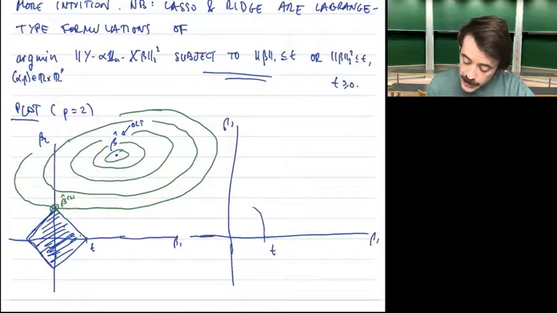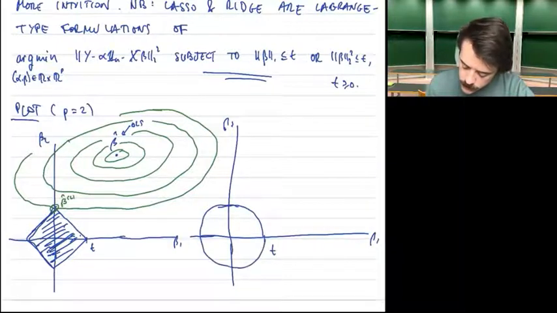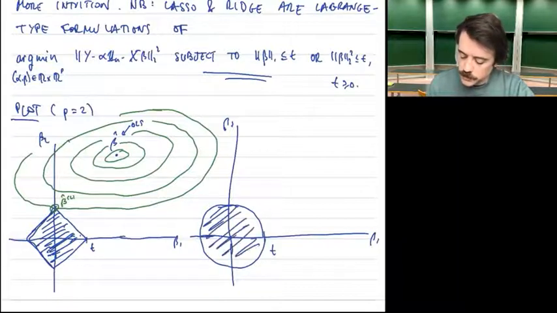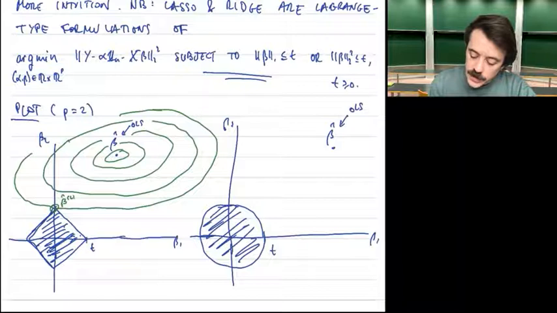But now if we look at the constraint from the L2 norm, then of course this is just a circle. So the solutions must be inside that. And then again, imagine we've got the beta hat here, which is the OLS, and that we try to draw